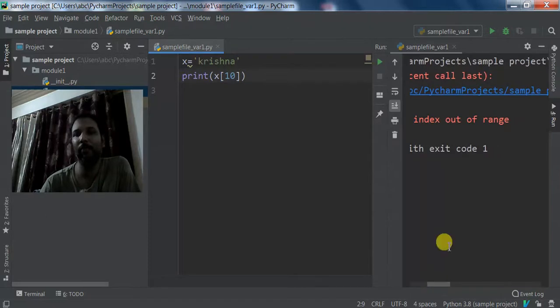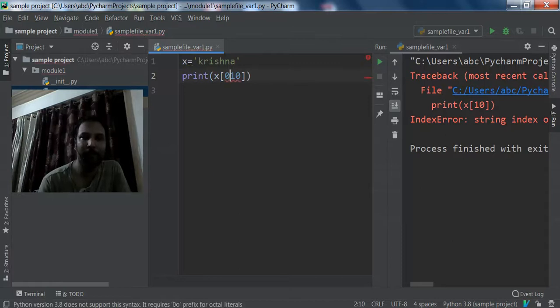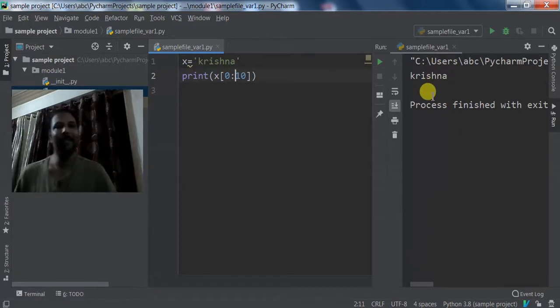String index out of range. Okay. So, if you are mentioning some index, say 0, and if I mention it in this way and now run it, it will be printed. There is no problem in that. But if you want only a single value, we have a problem. Okay, right. Then going further,